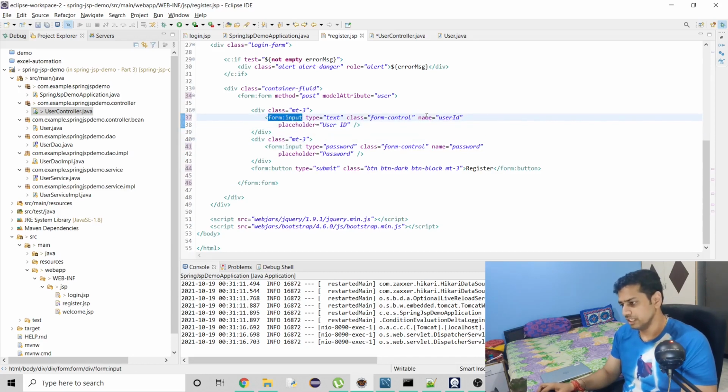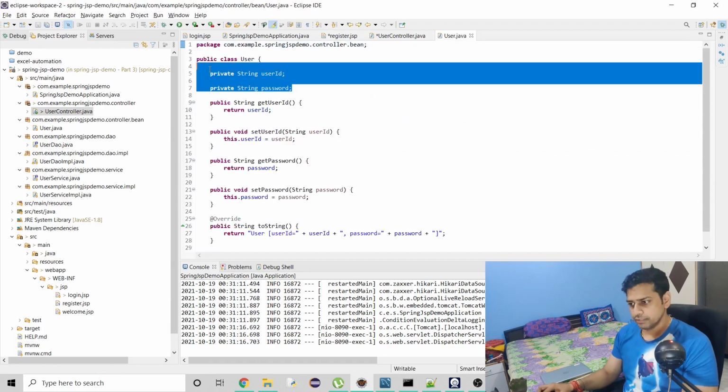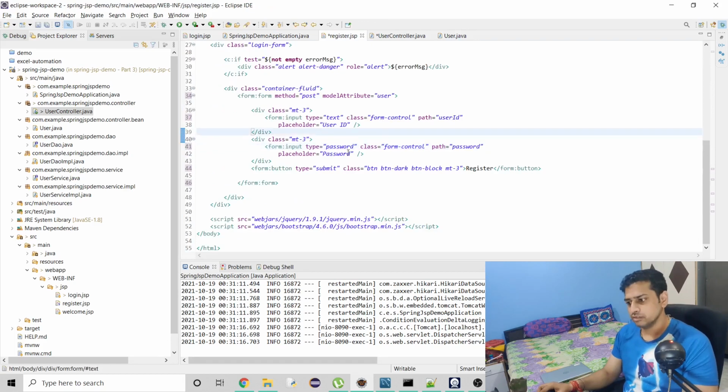Because there is another attribute, path. Through this path it is going to map user with these input types to their respective variables. So this is how Spring does the mapping. This is all that we had to do, and this is going to be mapped to our user object.